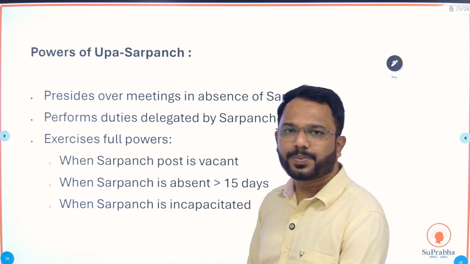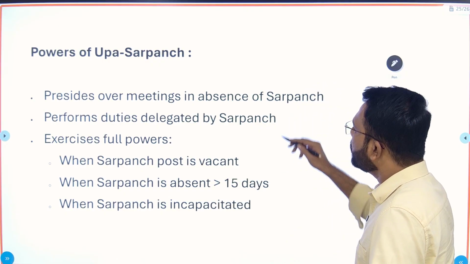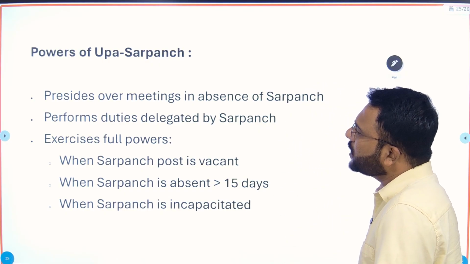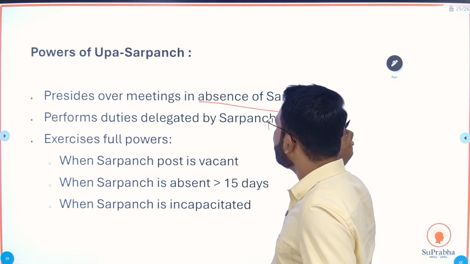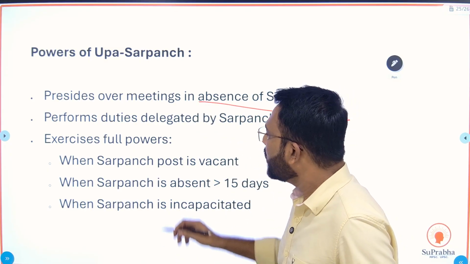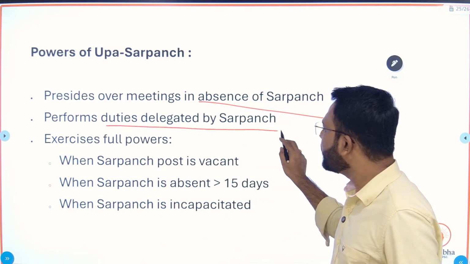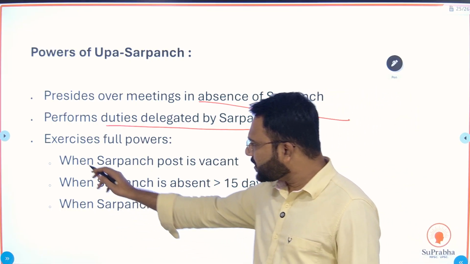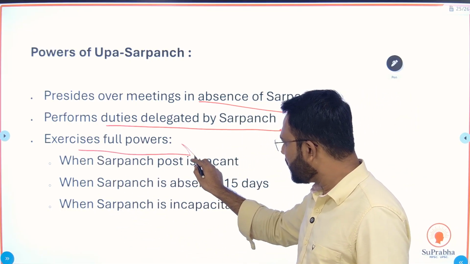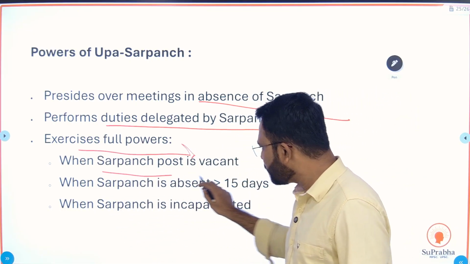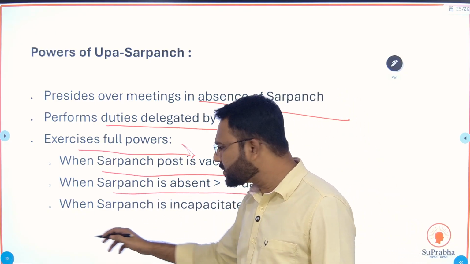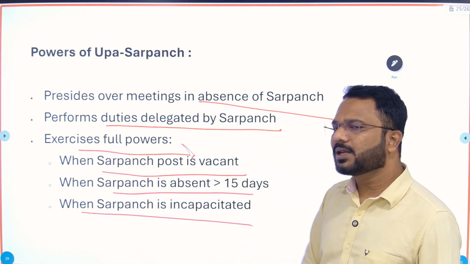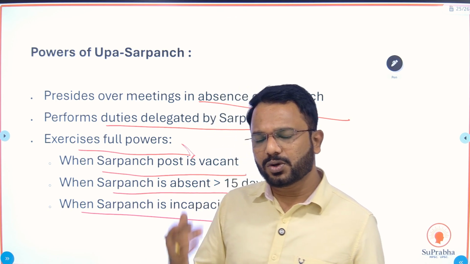Powers of Upsarpanch. Okay. So the powers here are that he presides over the meeting when the Sarpanch is absent. Okay. He performs the duty delegated by the Sarpanch, and exercises full powers when the Sarpanch post is vacant, when the Sarpanch is absent for more than 15 days, or when the Sarpanch is incapacitated. Okay, so here we have